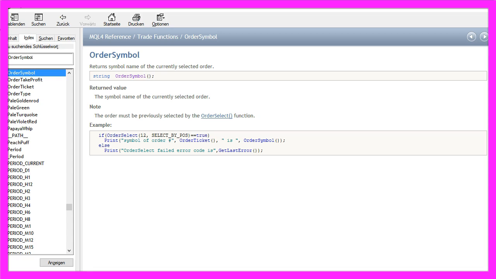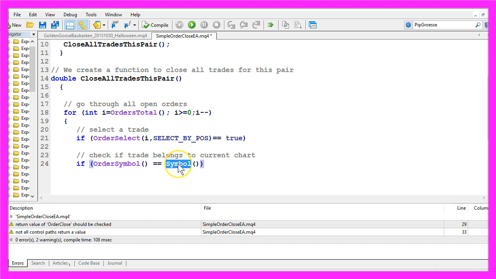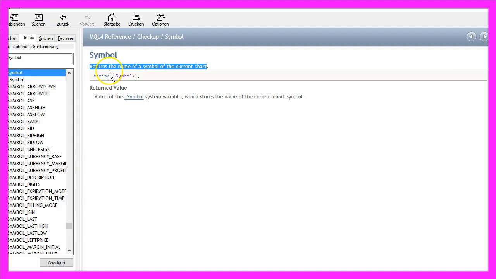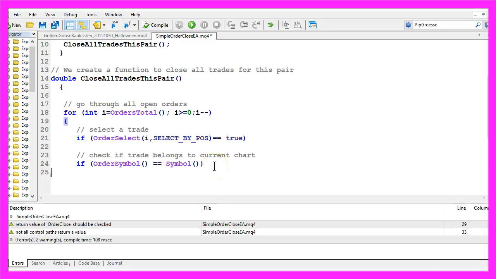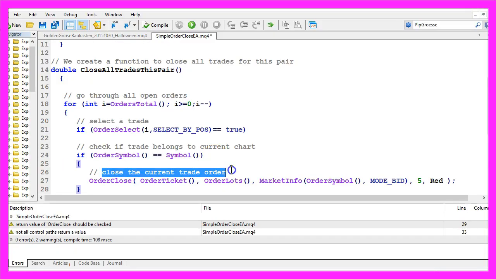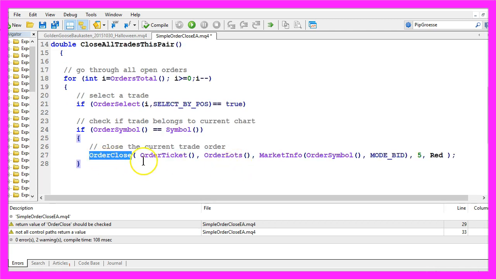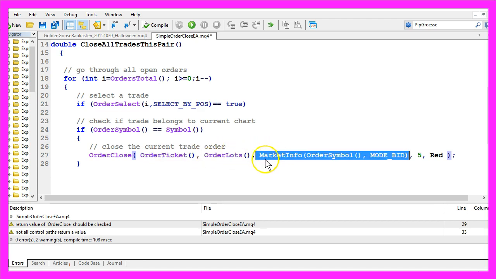OrderSymbol will deliver the symbol name of the currently selected order, and the function Symbol returns the name of the symbol on the current chart. And if those conditions are true, we want to close the current trade order. So we use OrderClose for the order ticket, and the lot size of the order we close for the bid price of the order symbol.